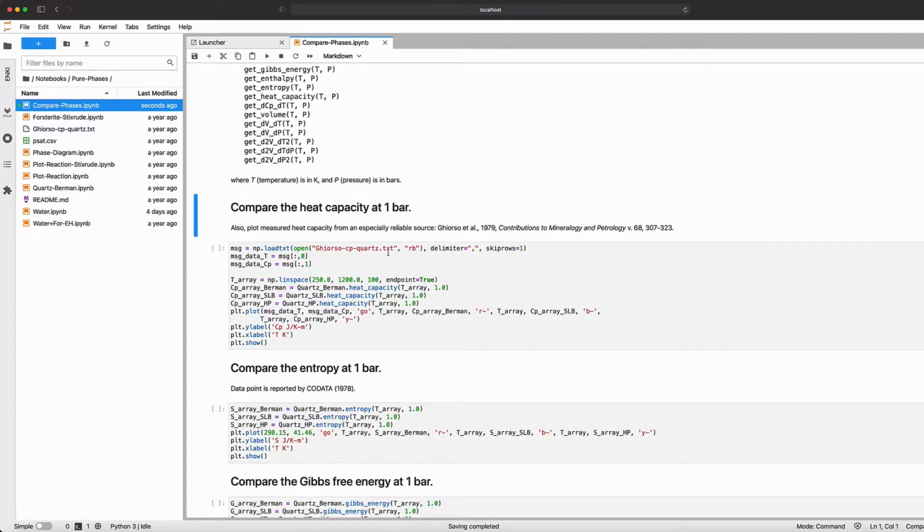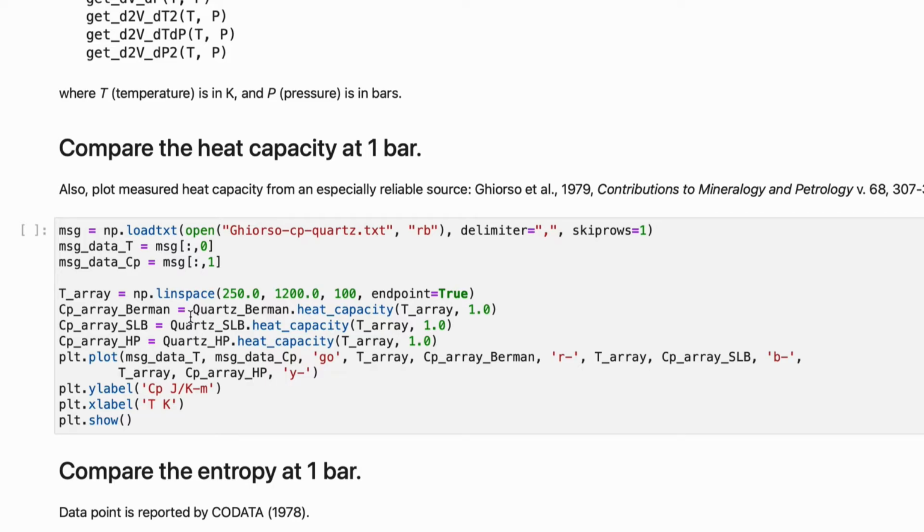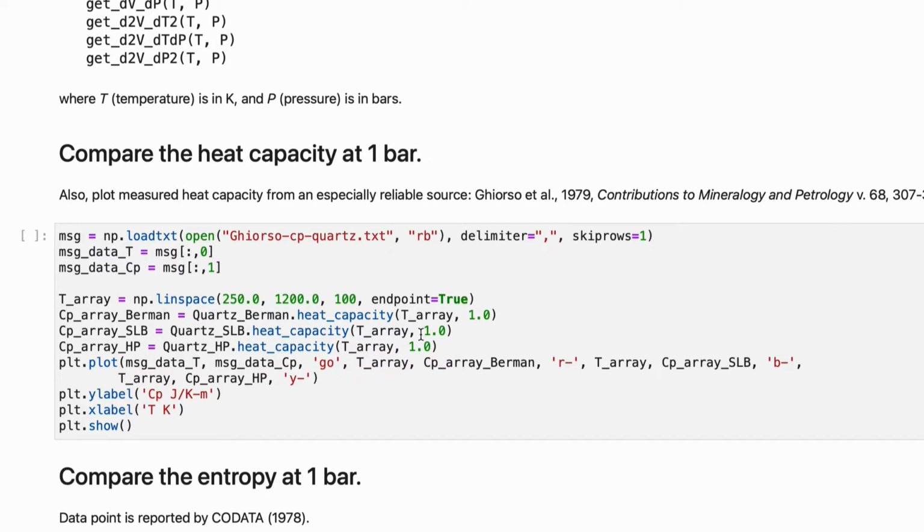We're going to read those data in. Those data are available on disk. They happen to be the file Ghiorso cpquartz.txt over here. We're going to read those in, and then we're going to calculate the properties of quartz using Berman, using Stixrud, Lithgow, Bertoloni, and using Holland and Powell. Each of those databases, the heat capacity is accessed in exactly the same way. We're going to calculate those properties over a variety of temperatures corresponding to the range of temperatures for which we have data